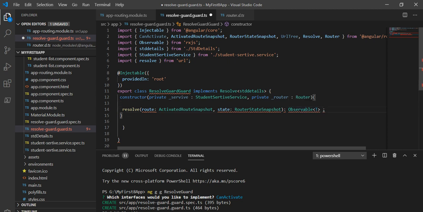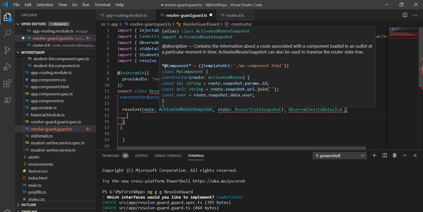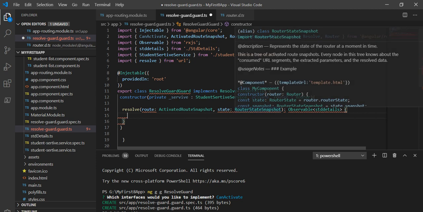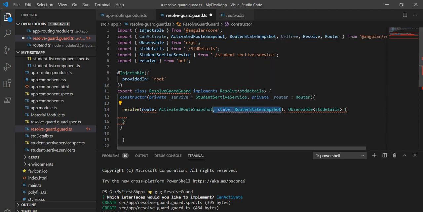What kind of observable we are going to return, T is the type, so I will replace this T with the student detail, because this kind of observable we are going to return. And next, it is already taking one parameter, that is the active route snapshot, and another is the state, and that is not required for us, so we don't want that.